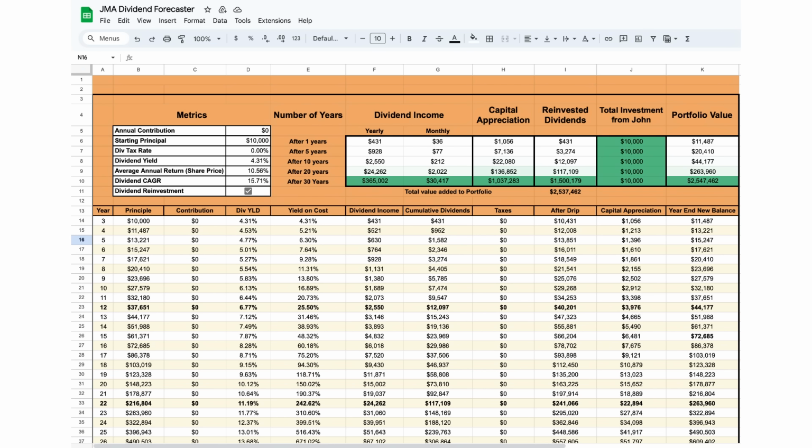In 1 year, this investment is projected to grow to $11,487. Over 10 years, it has the potential to grow to $44,161, which more than quadruples your initial amount. Fast forward 20 years, and you could be looking at $263,812. In 30 years, the $10,000 investment has the potential to reach a value of